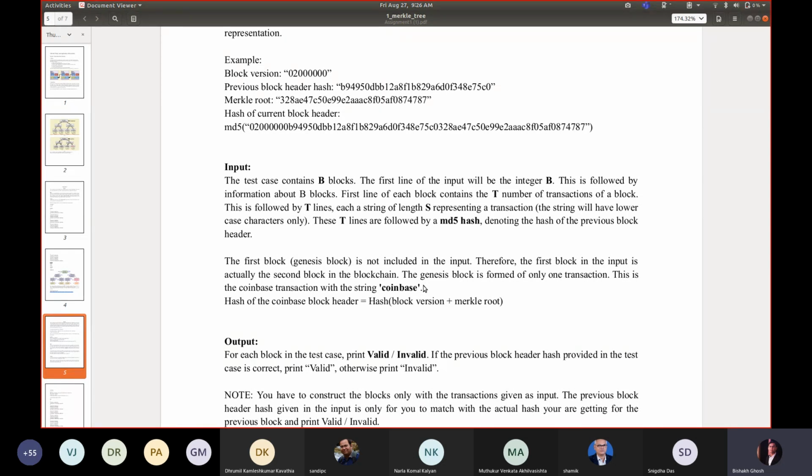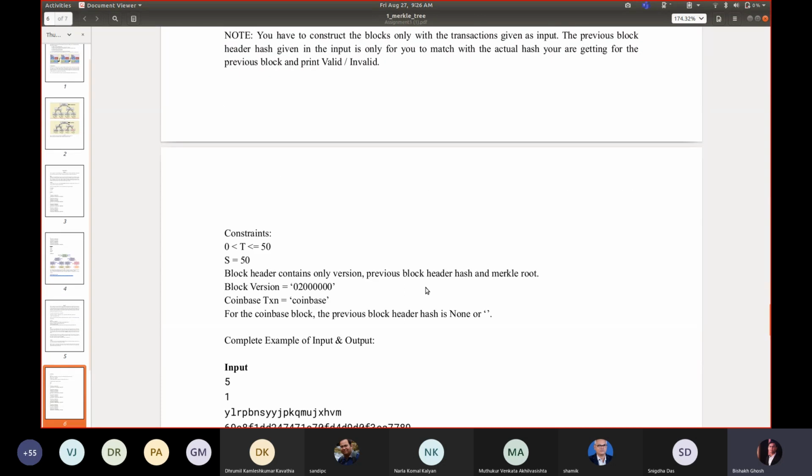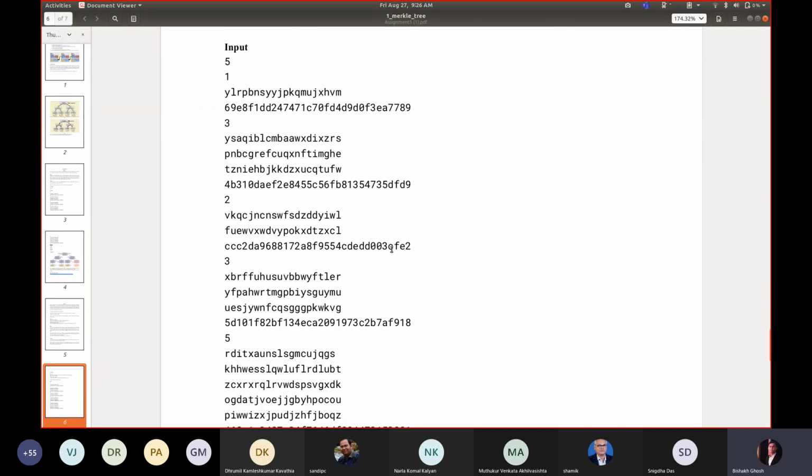The previous block header's hash points from one block to another, forming a linked-list-like structure. Your task in this program is very simple. In your input, apart from the T transactions for a block, you will also be provided one previous block hash.